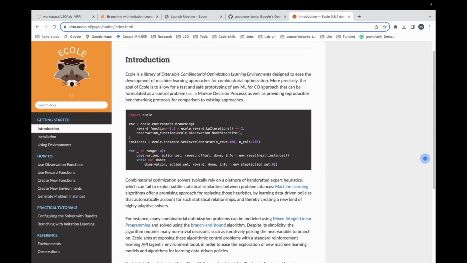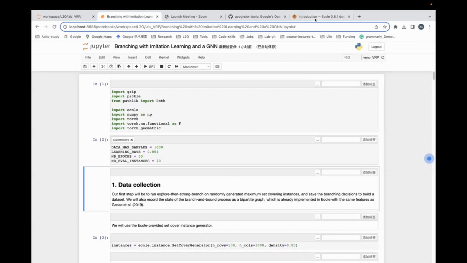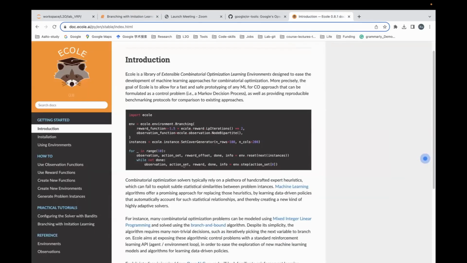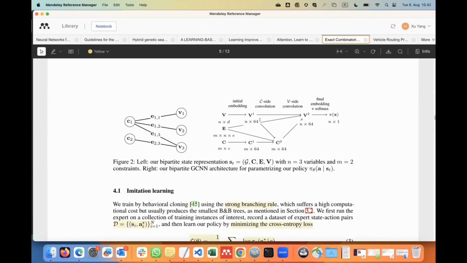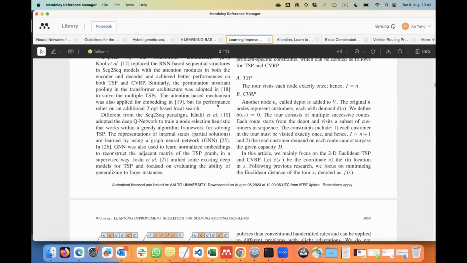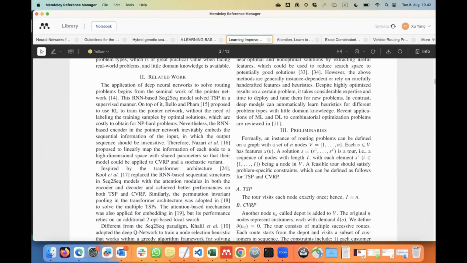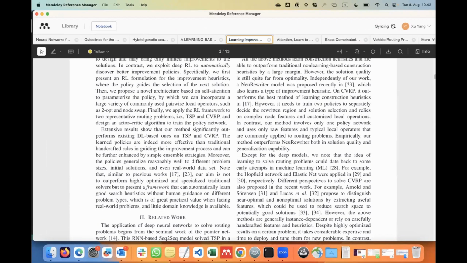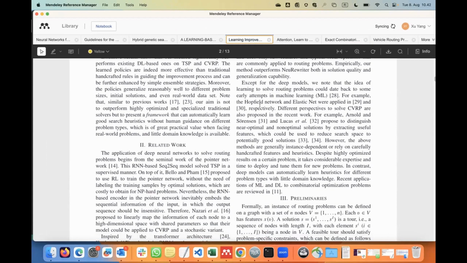So I tried to change it, but then I realized it's not very worth it. So I also read other literature about the vehicle routing problem, and I found specific literature I'm interested in about this area.